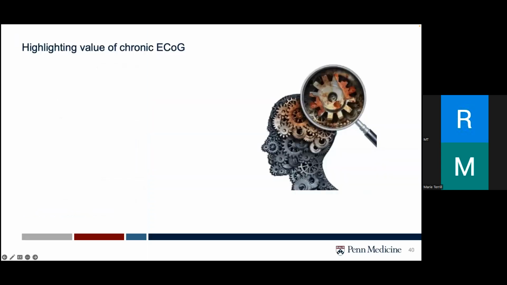One of the biggest advantages we have with the RNS system is the ability to use long-term ECOG recordings, which can provide valuable and quantitative data that can be utilized in various aspects of epilepsy management. So some key areas where this can be helpful is quantitative assessment of seizure frequency. You can use this data for a very precise measurement of seizure frequency over an extended period of time, which allows for more accurate tracking of seizures and can guide your treatment response based on this.